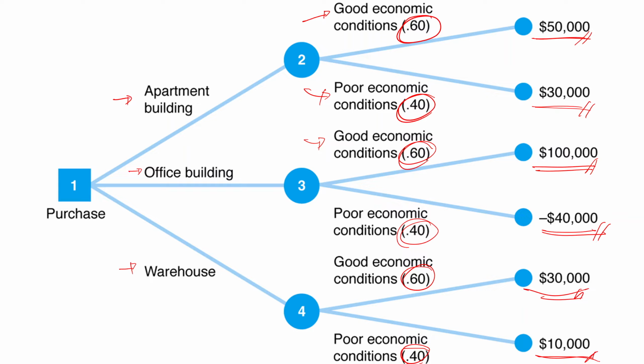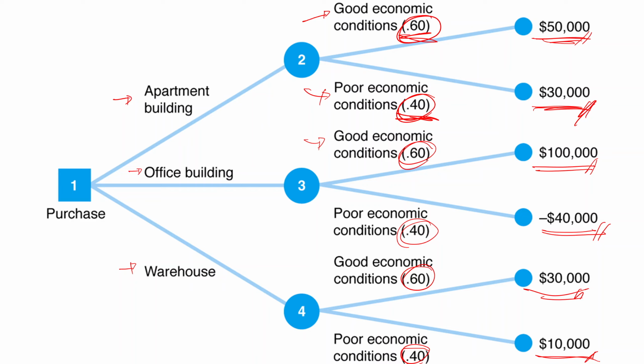So this is a decision tree. You read from left to right and you evaluate it from right to left. So as you can see here, there is already a probability, right? And there are possible outcomes. And it is in here that you are going to apply your expected monetary value. But we're going to show that later in our discussion for the rollback analysis.